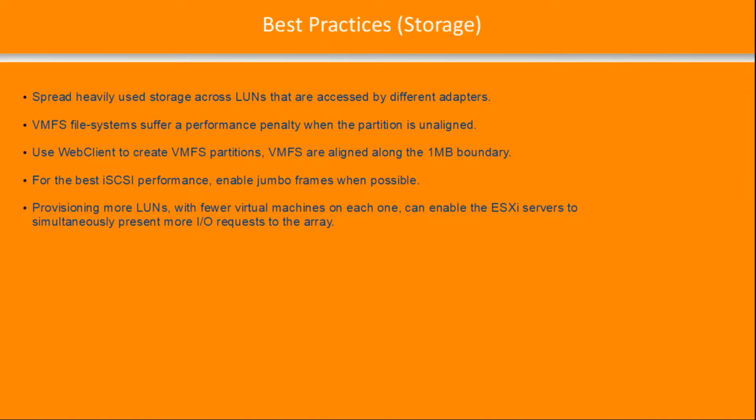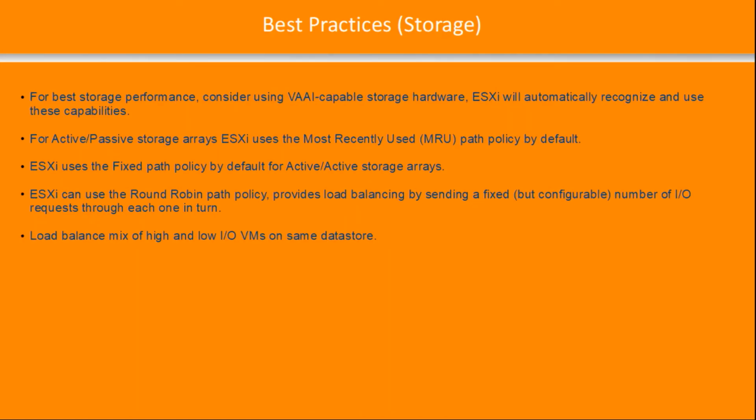Provisioning more LUNs with fewer virtual machines on each one can enable ESXi servers to present more I/O requests to the array, which helps to increase performance and I/O throughput. For best storage performance, consider using VAAI, VMware Storage APIs for Array Integration, capable hardware, and ESXi will automatically recognize